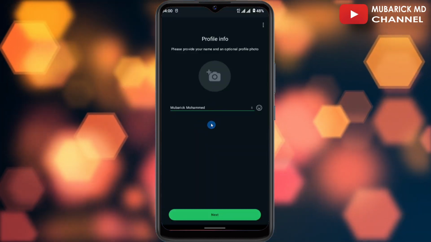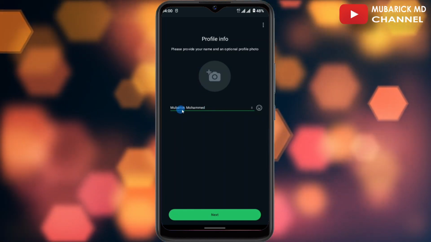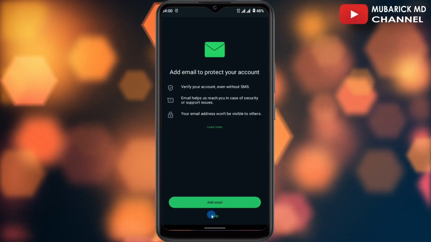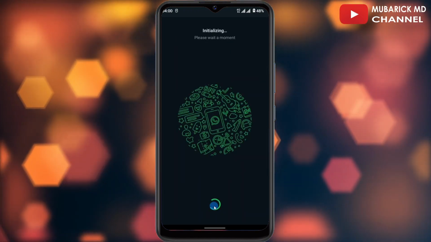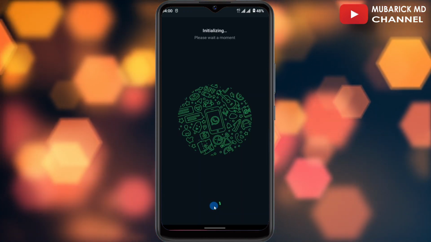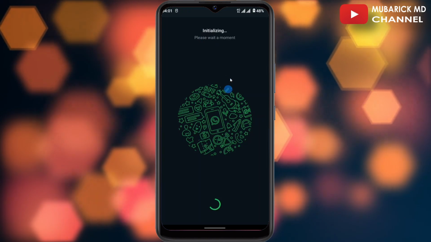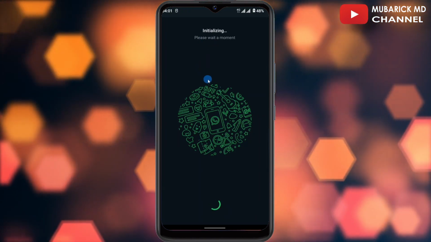Now I have successfully verified my phone, so all I have to do is to make sure I entered my correct name here, then continue to click on next again. Then I'll skip this process. I'll make it up subsequently. So this is just a way to show you it's possible to use two WhatsApp on your phone without any app. This is the phase when it's initializing our WhatsApp to set up the interface and the various things that